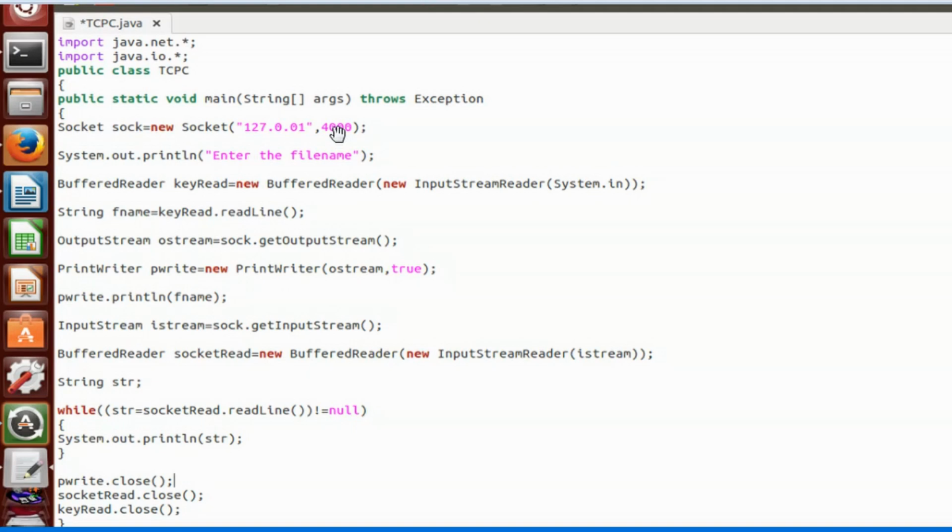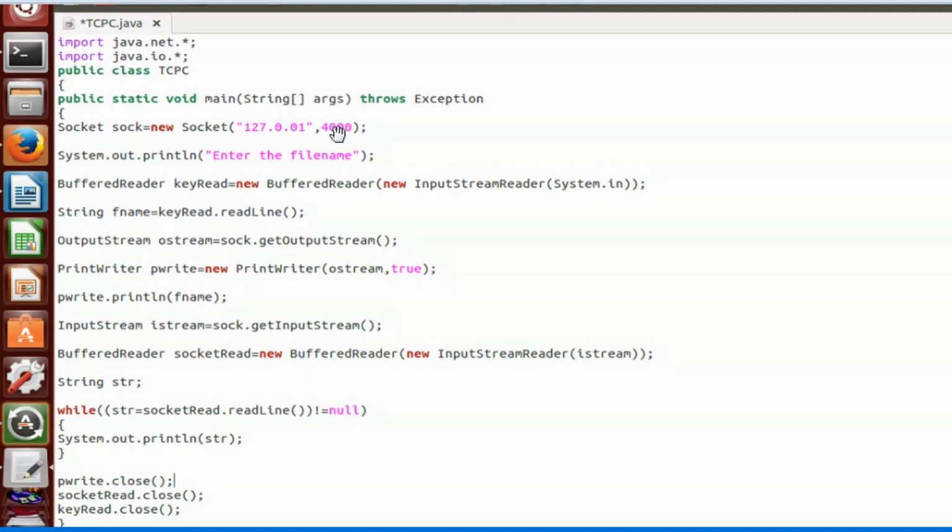From 0 to 65535, I have that many port numbers. Of these, 0 to 1023, the first 1 KB of ports, are already reserved. Beyond 1023, you have to choose any port which is free.